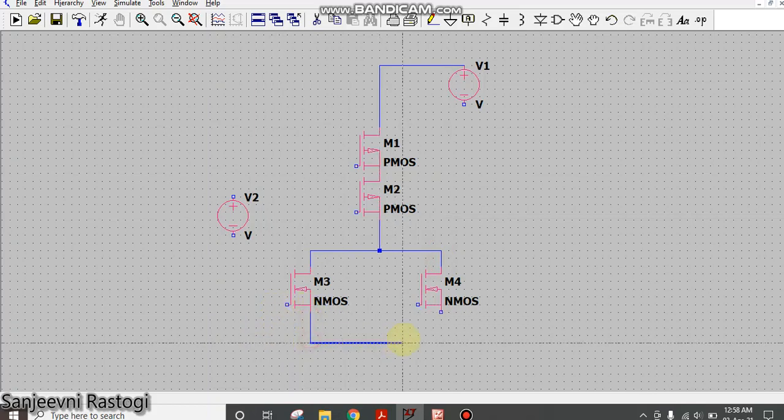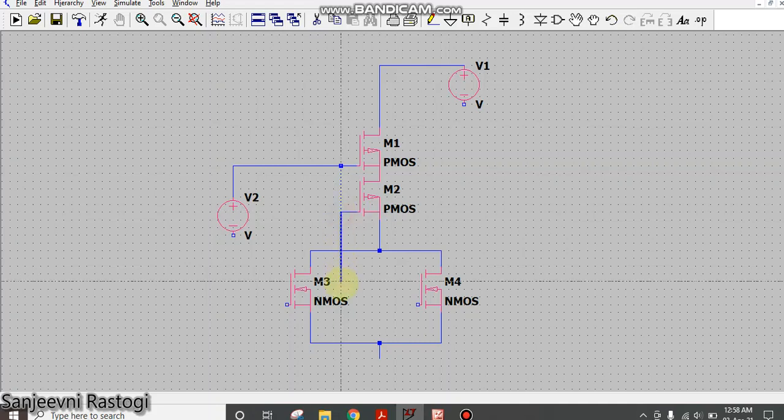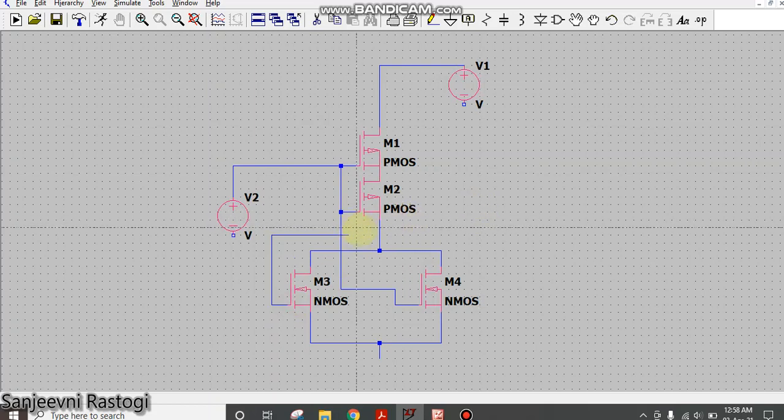Now to make it act as an inverter, we will require the same input voltage at the gate terminals of both PMOS and both NMOS. So the same input voltage will go to the gates of PMOS M1 and M2, and to the gates of NMOS M4 and M3, like this. Then I'll take the output from here.